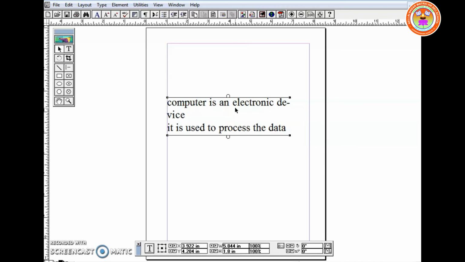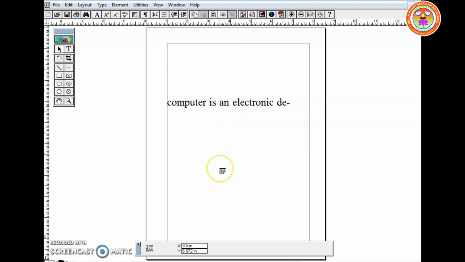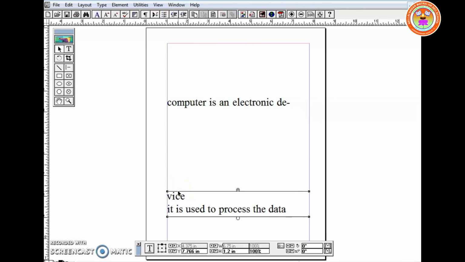Now, how do you split a single text block into two text blocks? You have to click this and drag up. A red triangle appears, now click that. Now the loaded text icon appears. Click somewhere, and the text block is split into two.